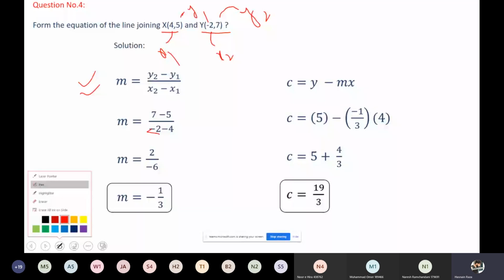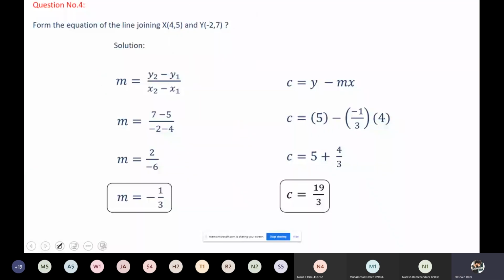After solving this, 7 minus 5 is 2. Minus 2 minus 4 results in minus 6. As we cancel them out, both are divisible by 2. So the slope appears to be minus 1 upon 3. This was the very first step. Okay, step number 2 asks us to find the y-intercept, and the y-intercept is given by the formula